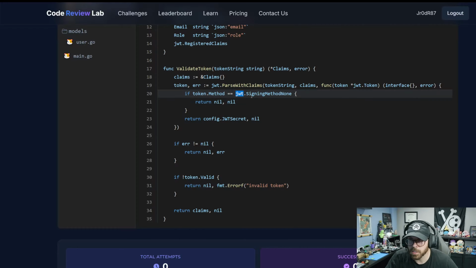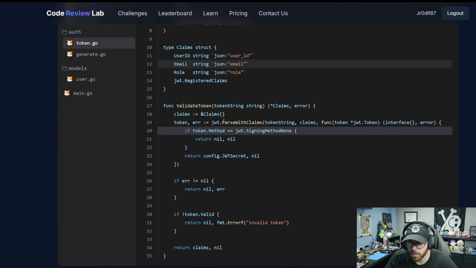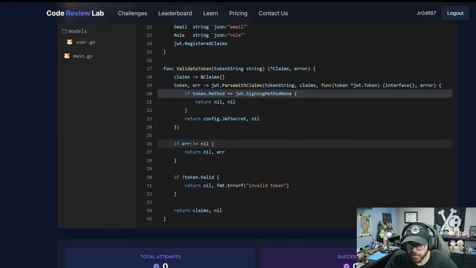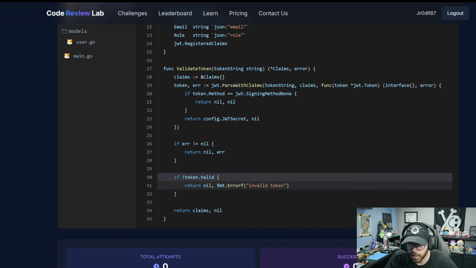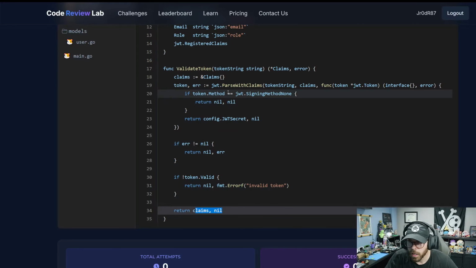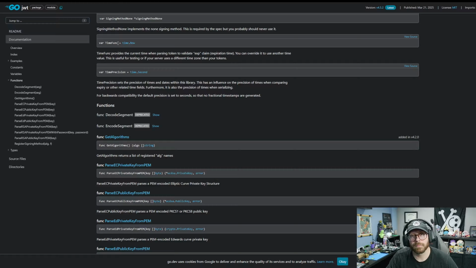I'm curious about this one, and I'm going to check that. I want to check the JWT library in a moment. If error not equal to nil, return nil, error. If not token valid, we have an invalid token, return claims, nil. I need to look this up. Give me one second. I'm curious about this particular component here. All right, so I went over to the Go documentation and looked up the signing method none, and